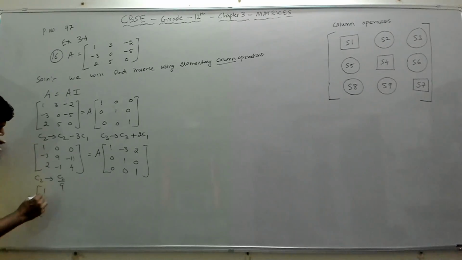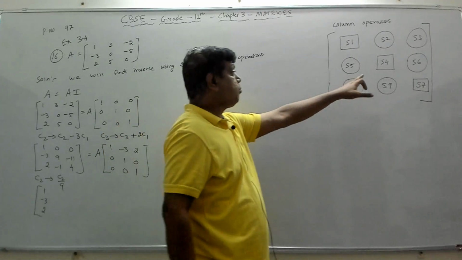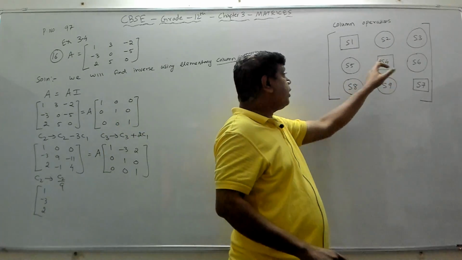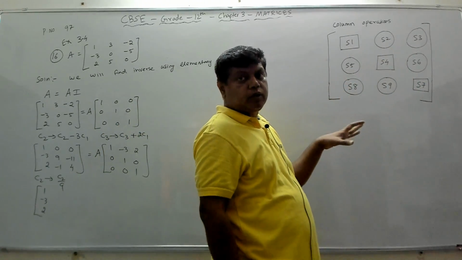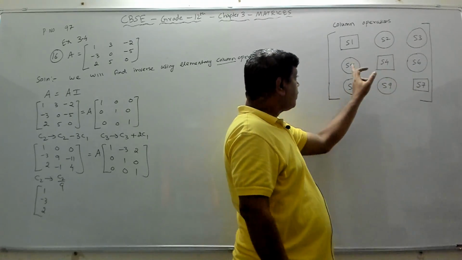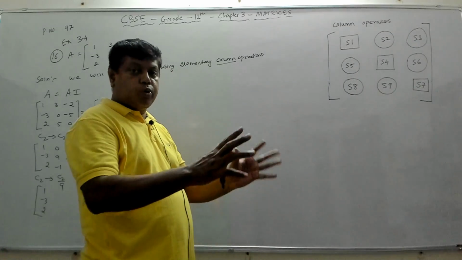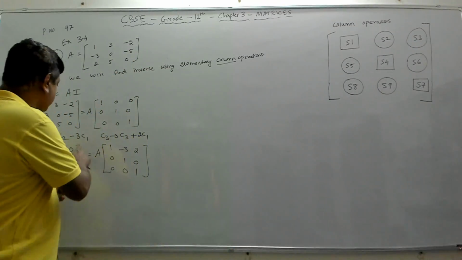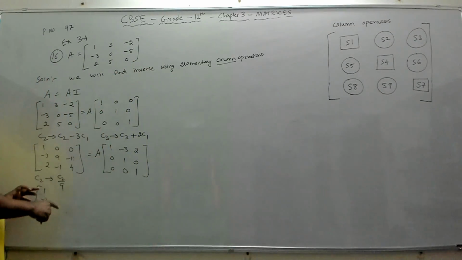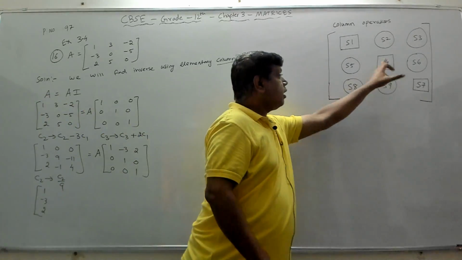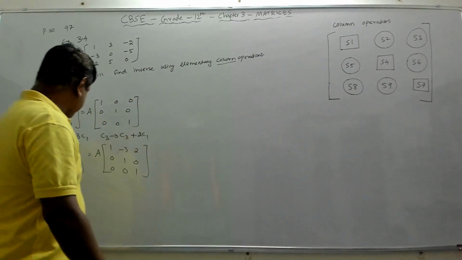Now if I do that, then 1 minus 3, 2. So this we will do in only one step, which we are taking as 1. Don't try to do all the 3 in one step. That is not possible. So do this first, and then these two can be done together. When you are making the other elements 0, we can do it together, like how I did these two steps together. But when you are trying to make something 1, do it in only one step.